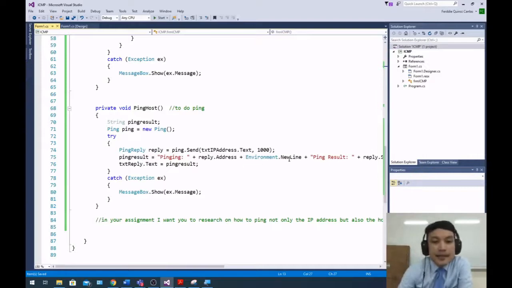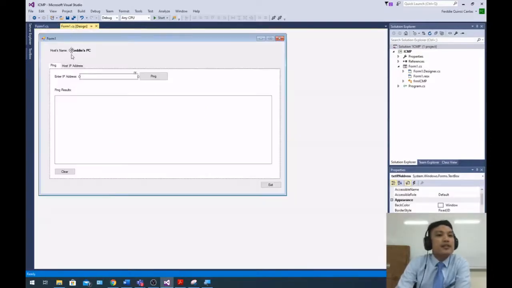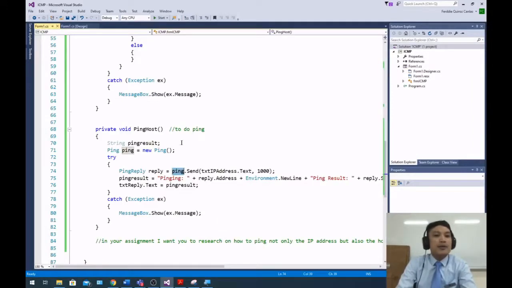So what happens next is, if it is successful, it will be doing this. Look at this one, ping reply. We will get the reply from this ping here. Ping reply, it's a variable reply here, equals ping, which is the variable you declared, dot send, txtIPAddress.Text, meaning we're going to send a ping with this IP address you put on this txtIPAddress here, the text box you designed, this one here. So we're going to send a ping with whatever IP address is stored in this text box with an interval of